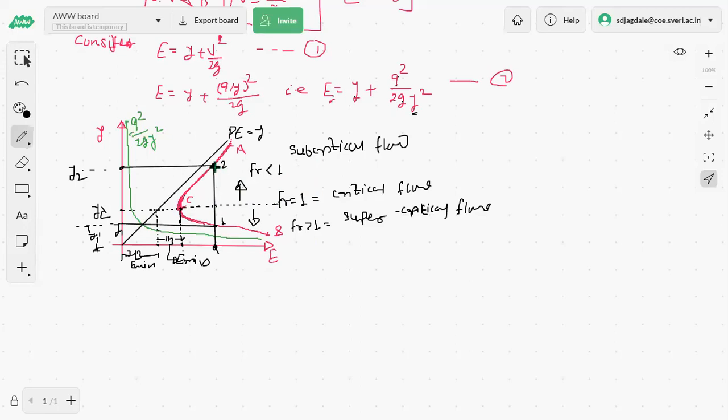And vice versa, we can say. Another observation I can put forth over here: with a decrease in the difference between two depths, that is, if we decrease the difference between the two flow depths, y2 and y1, then we will be approaching the critical condition. यह difference कम होता जा रहा है, यानी कि we are moving towards this critical condition.